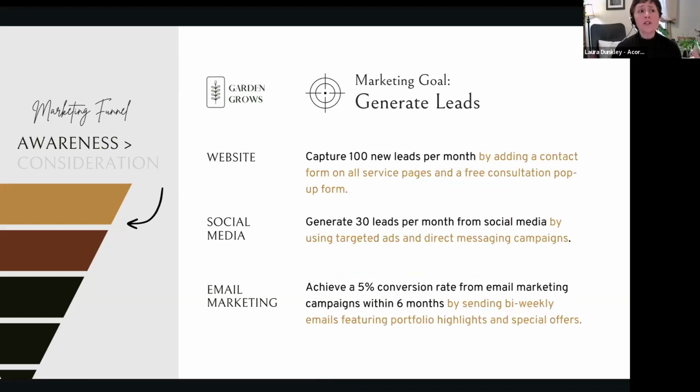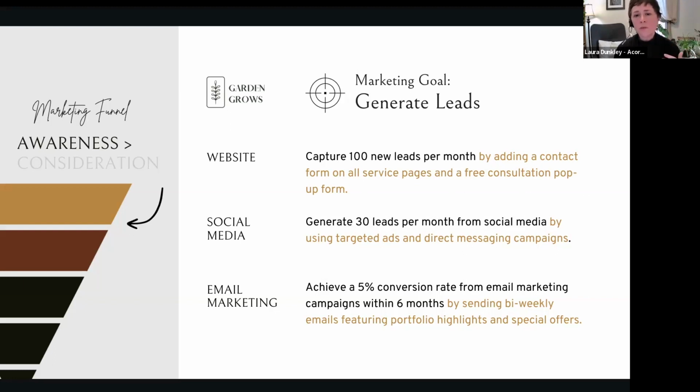But we also want to start generating leads, right? That's that interest. That's sort of moving us now into the consideration phase. And so once we get eyeballs in here, it's still in the awareness stage. We're going to talk about a little bit more of the consideration later, but they're going to come here, and we really want them to land on our lead generating pages, right? So that's part of moving them through the funnel. And we want to get 100 new leads a month. Okay, well, that's pretty specific.